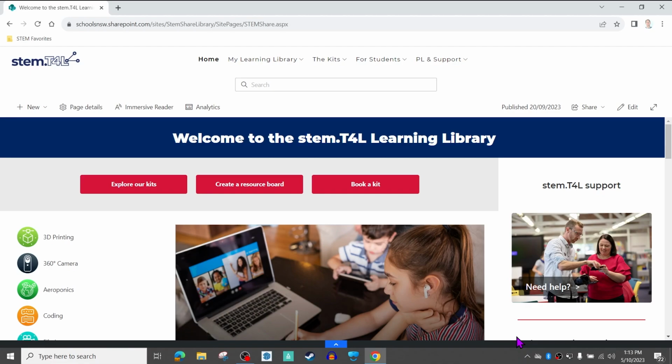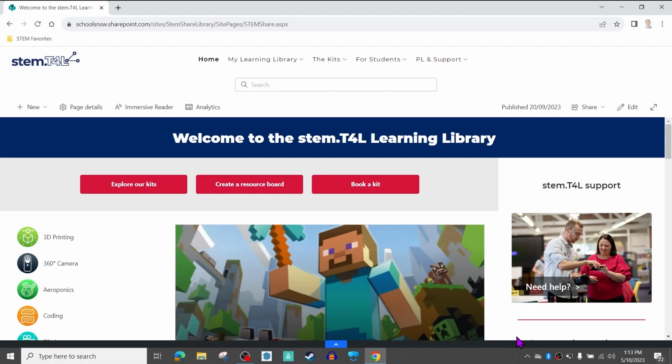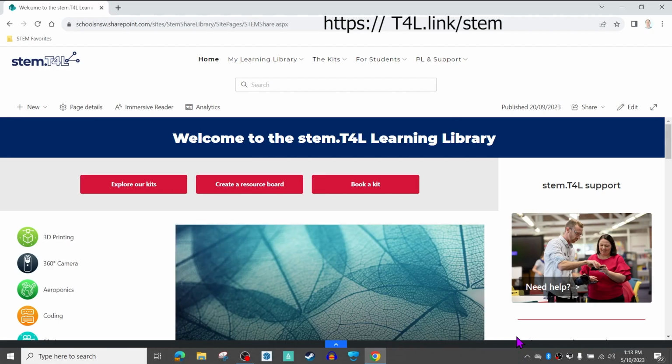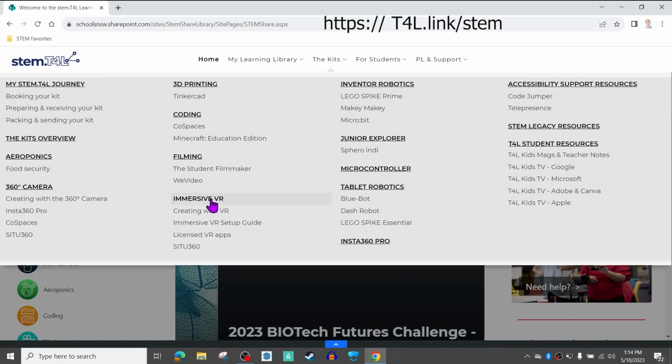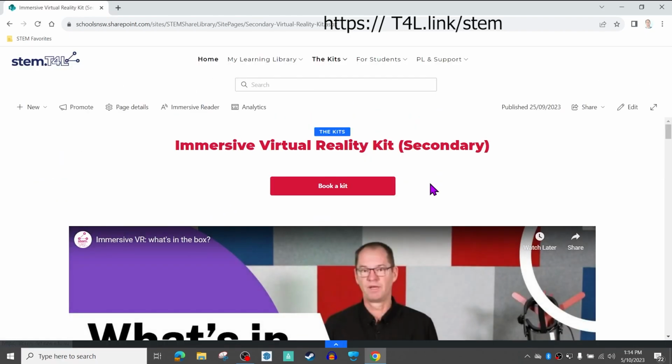All right, let's have a look at the next app store, and that is the Steam store. Now, to have access to the apps on our Steam store, you do need to apply, first of all, for a VPN account. And there are instructions on how to do that on our SharePoint site. So when you go to the Kits menu and you click on Immersive VR, there are some instructions where if you scroll down,